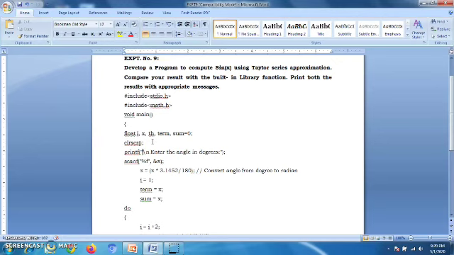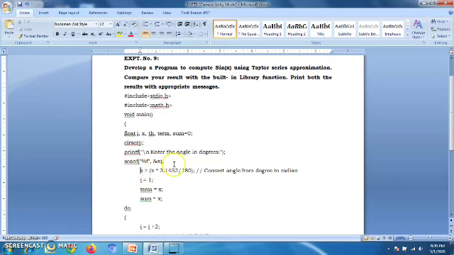The input for this program is you have to read the angle. To read the angle, first we display this message, that is printf enter the angle in degrees. Whenever this message is displayed on the screen, the user is going to enter the angle in degrees. To read that we have the scanf, scanf %f ampersand x. Whatever angle he enters is read into the variable x. Here the type of x is float, so that's why the format specifier is %f. Already this is known to you.